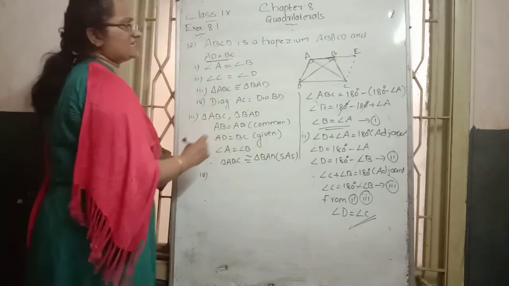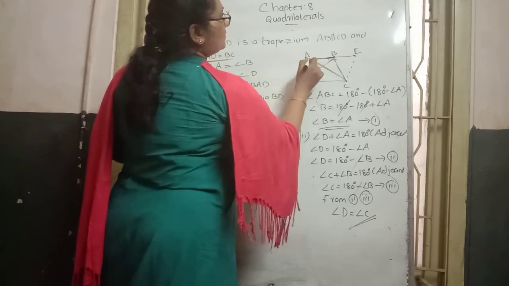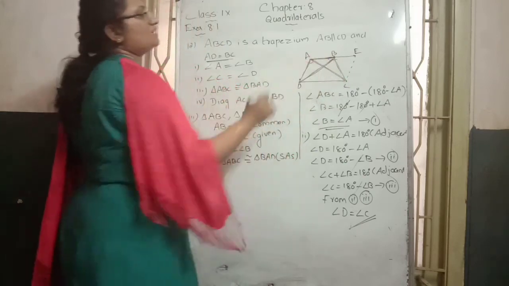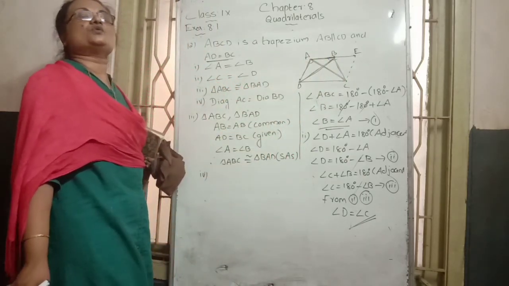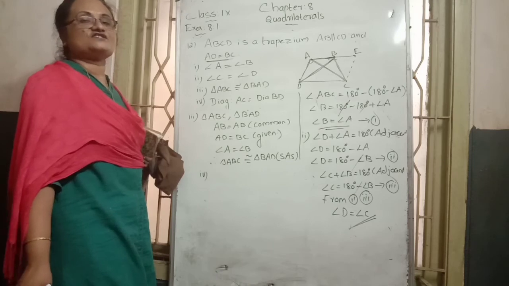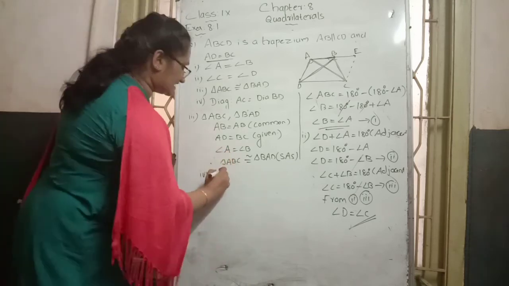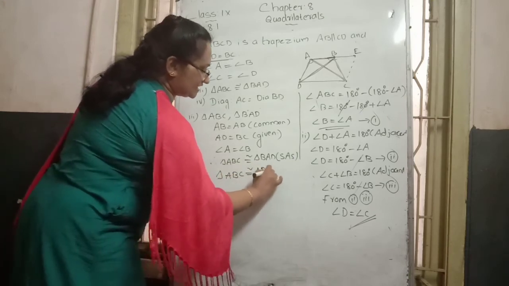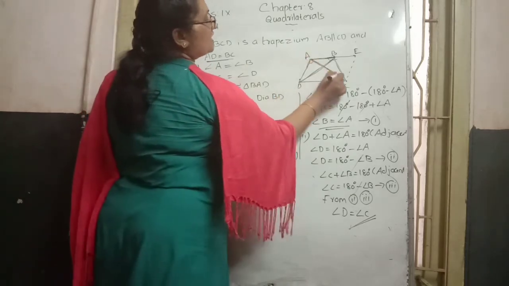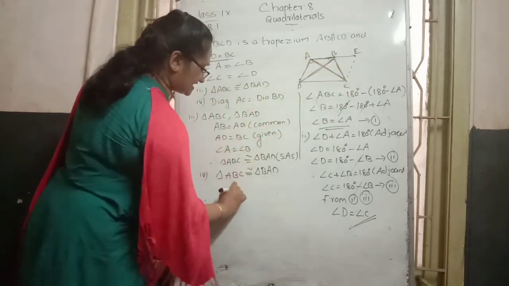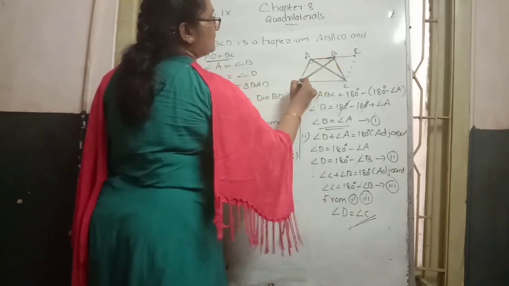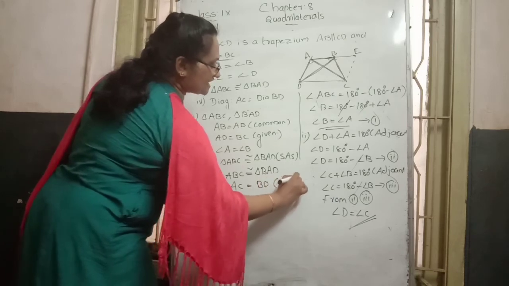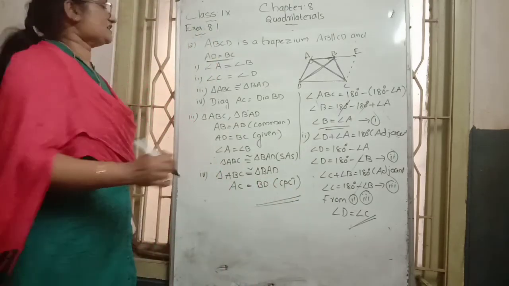Then the fourth case, the diagonal case, where AC and BD, with respect to triangles ABD and ABC, are included sides. The two triangles' sides are AC and BD. Already we proved that triangle ABC and triangle BAD are congruent, so by CPCT, the third side of triangle ABC, which is AC, and the third side of triangle ABD, which is BD, are equal. We can prove it.